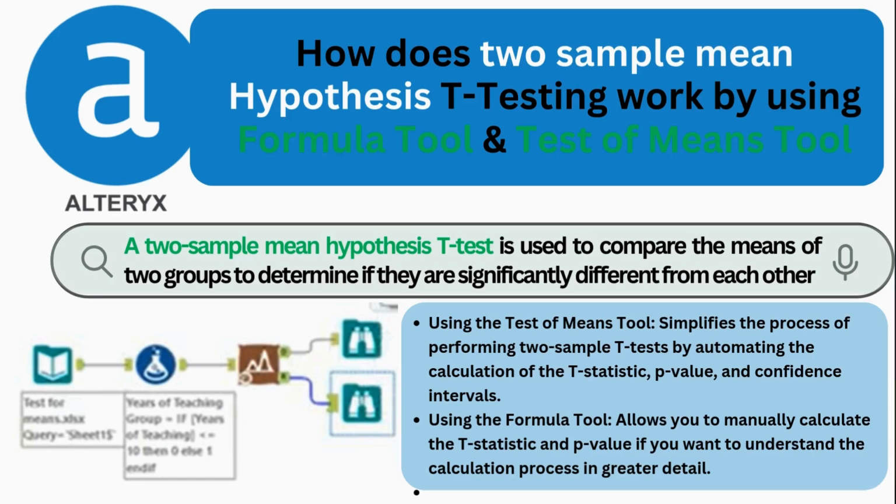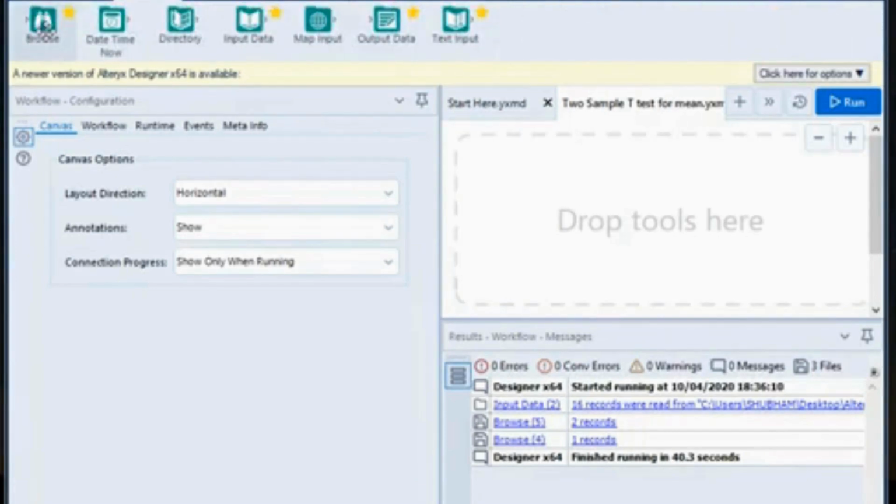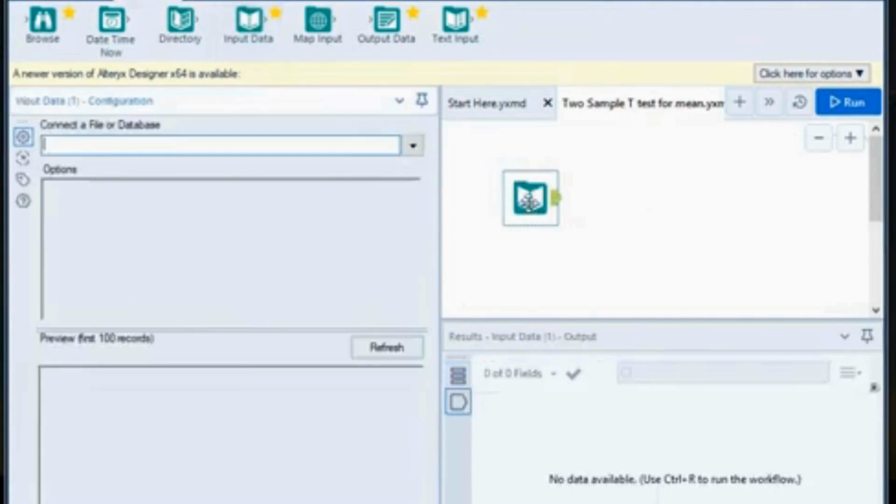Welcome back. In this video we will learn how to perform a sample t-test, or how to do a t-test for means. In order to do a t-test for two independent samples, first you have to import the file, right? Right now it's present in a CSV file, so I will go to in and out. I will drag and drop the input data onto my console or workflow panel. Then I will just import the file